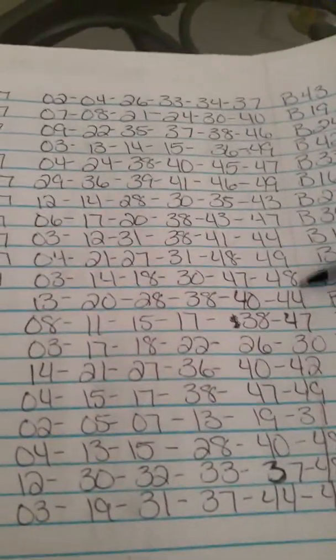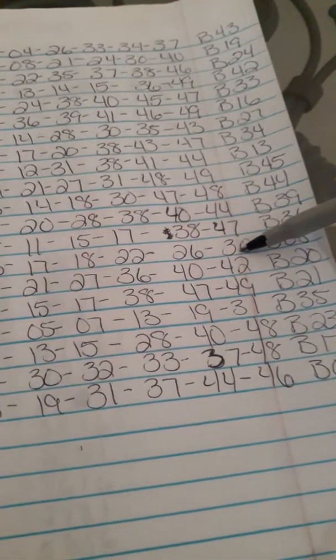And pretty much right here, these numbers stay high as well. See all them 40s, all them 40s. Got a 30, a 31, and a 37. Other than that, they in the 40s. You know what I'm saying? Then over here,